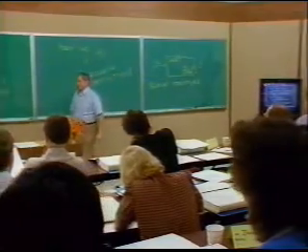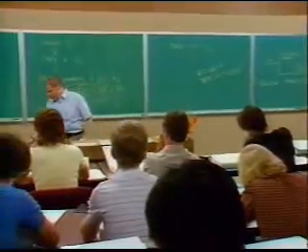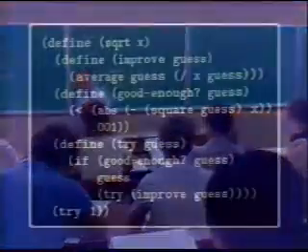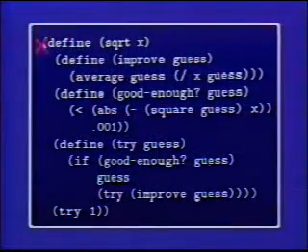And let's go back and look at the slide again. The way to read this kind of procedure is to say, to define square root, well, inside that definition, I'll have the definition of an improve, and the definition of good enough, and the definition of try, and then subject to those definitions, the way I do square root is to try 1. And notice here I don't have to say 1 as a guess for the square root of x, because since it's all inside this square root, it sort of has this x known.